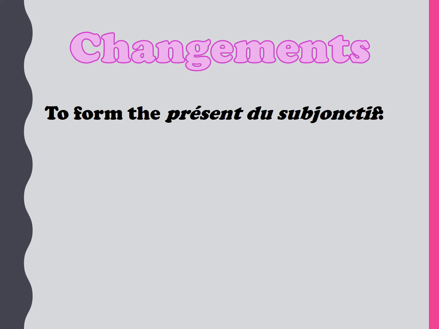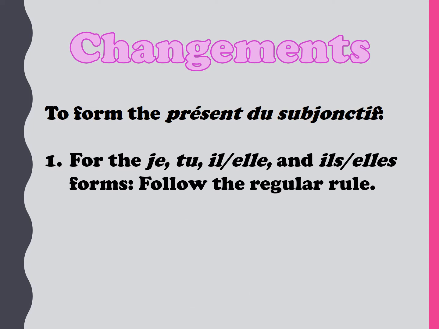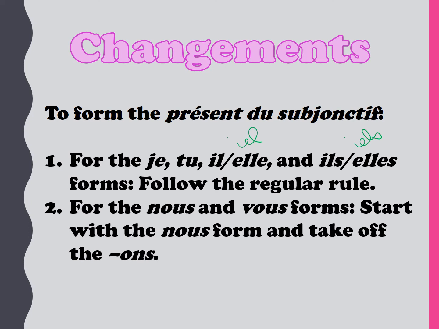To form the présent du subjonctif, if you have a change, for the je, tu, il, elle, and ils, elles plural forms, you are going to follow the regular rule. And this would also be for on as well. So you're just going to follow the regular rule. So ils plural, take off the ent and add the endings. But for the nous and vous forms, you're going to start with the nous form and take off the ons